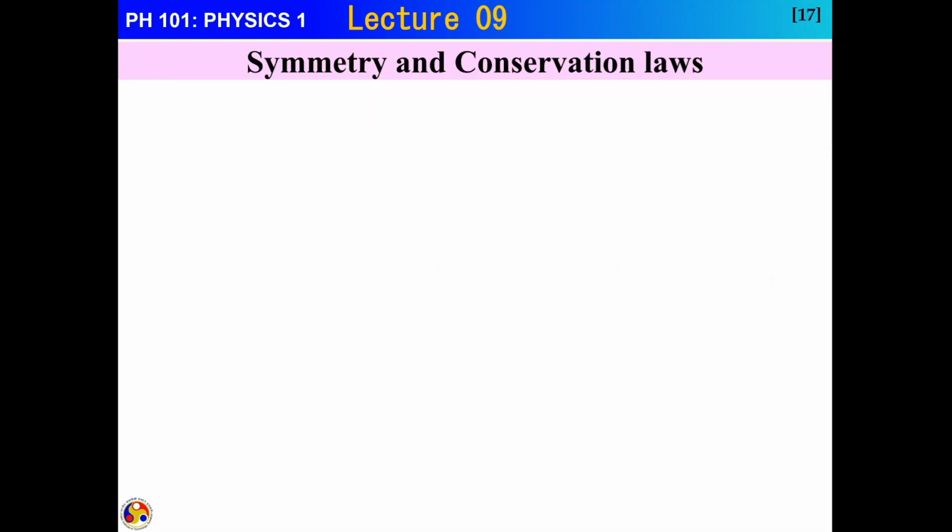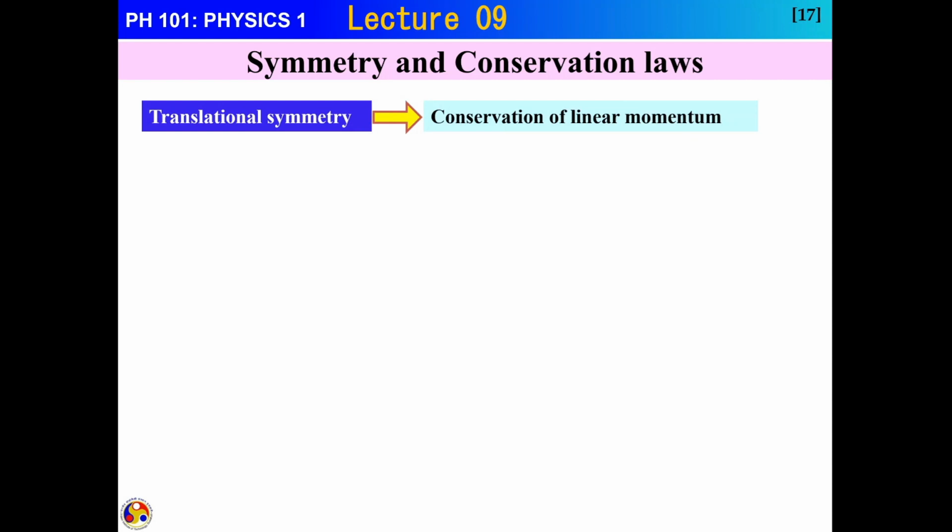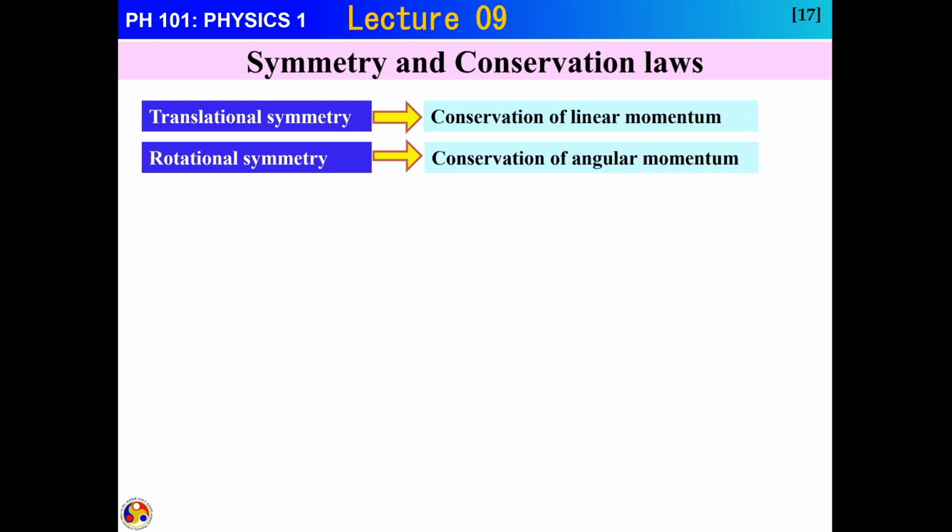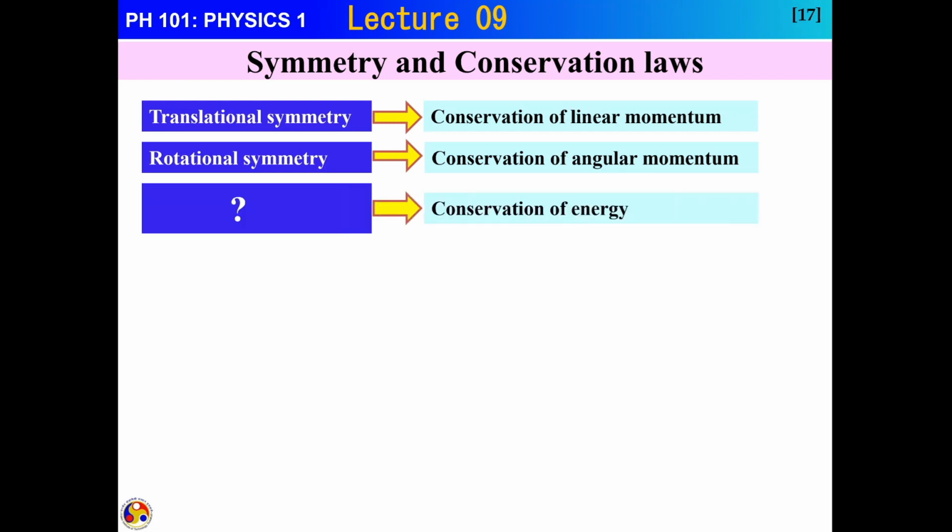So what we are finally saying is, if you have a translational symmetry, conservation of linear momentum takes place. In case of rotational symmetry, conservation of angular momentum comes. But there's one more thing left out. What is going to give us the conservation of energy? That's not talked about, right? Energy should also be constant in certain cases. So how do we say it?